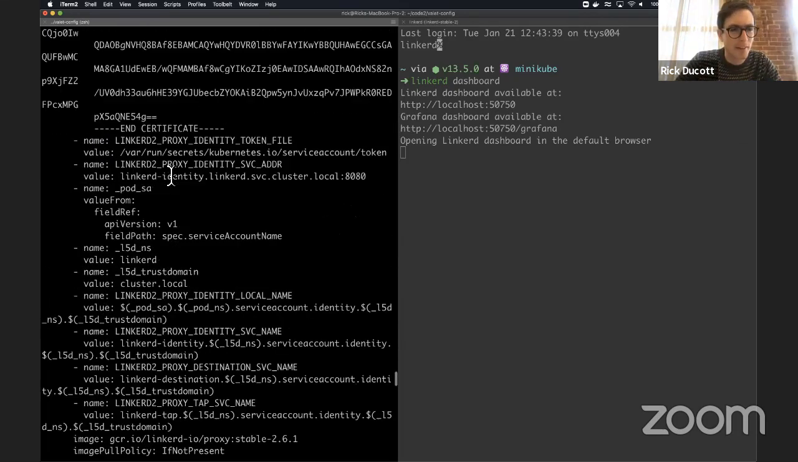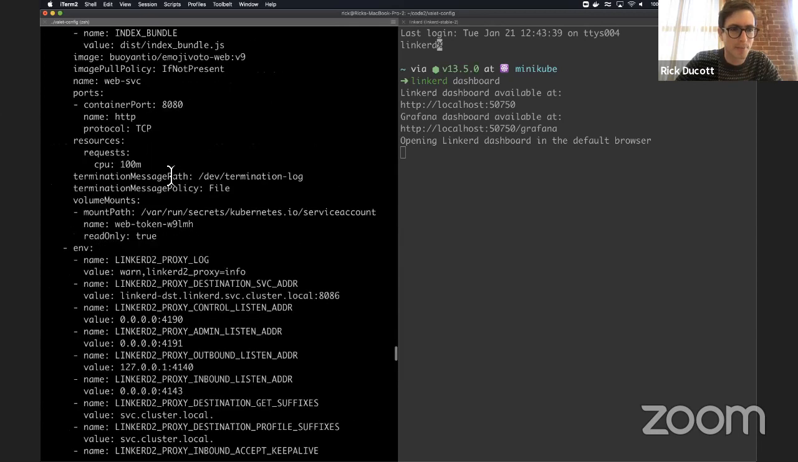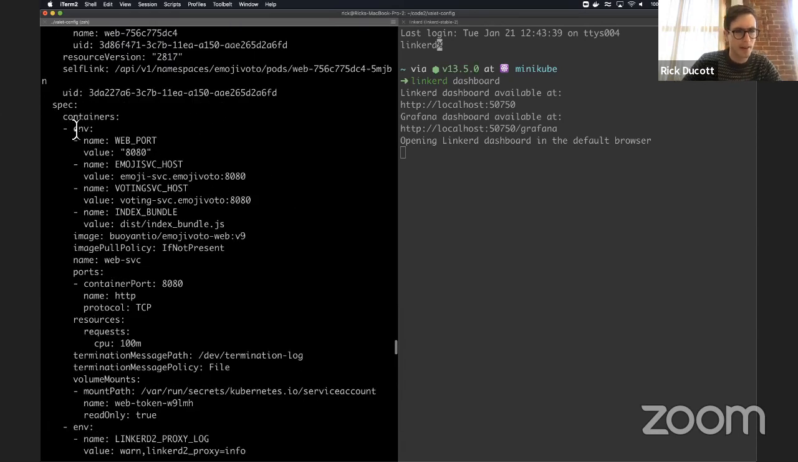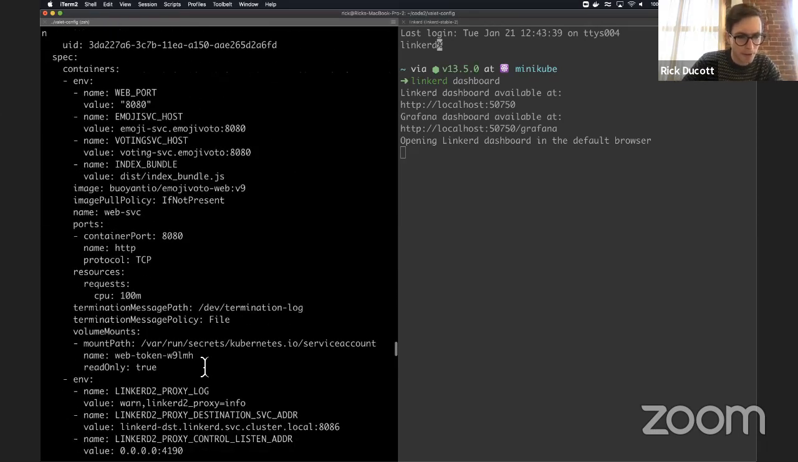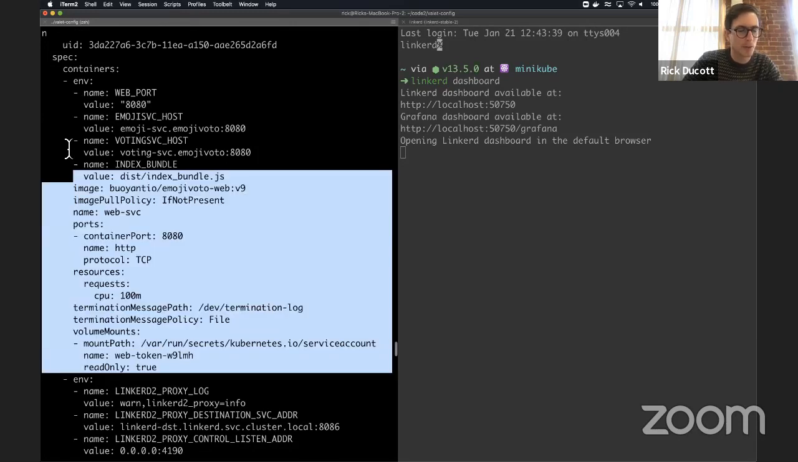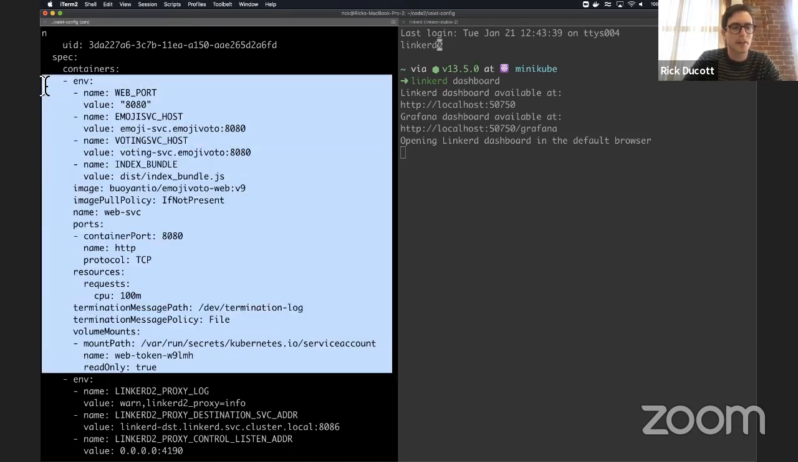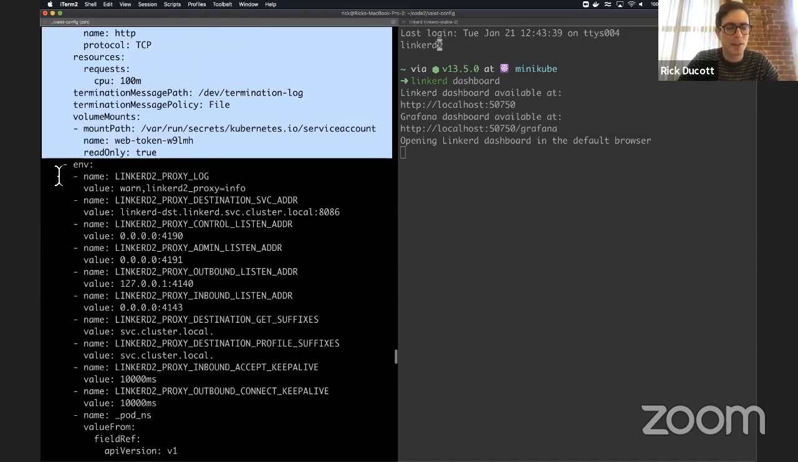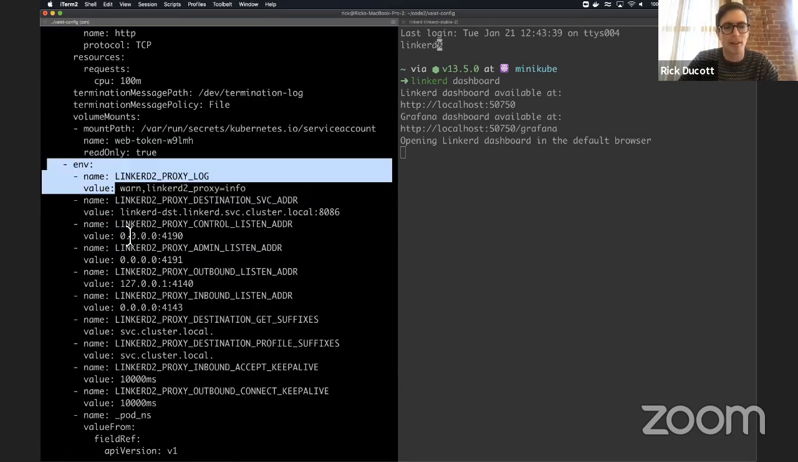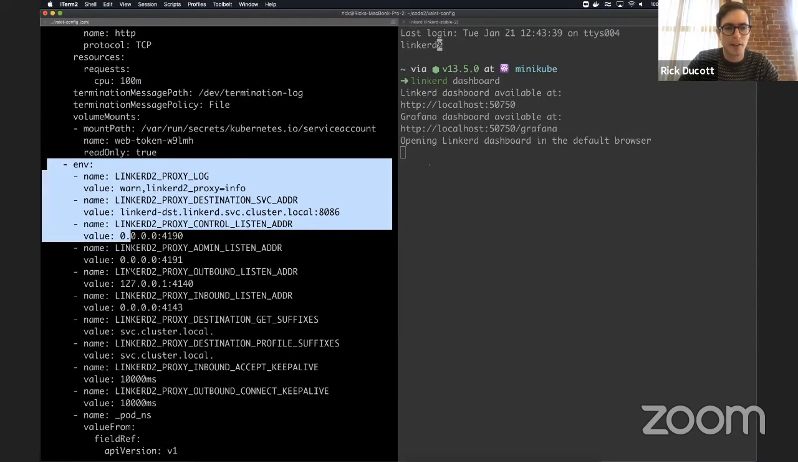Then if we look at the containers on this pod, first of all, there's one here which was already there. This is the same container that has always been part of this pod. And then we see a second container, and this was also injected. What this container basically is, is the Linkerd proxy with a bunch of environment variables,